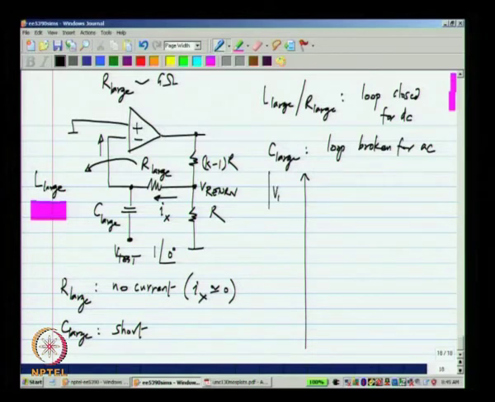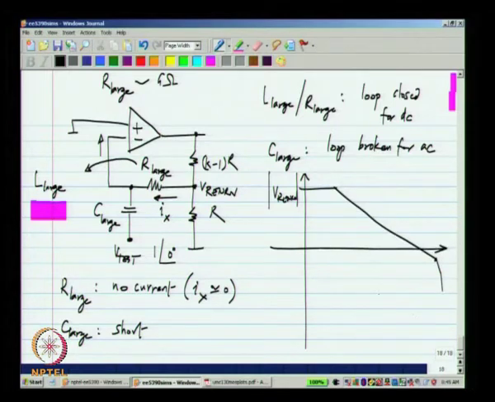and you can plot the magnitude of V return. You expect it to be something like that, okay, versus omega, and you plot the phase of V return.